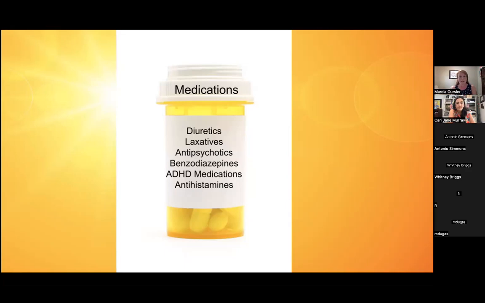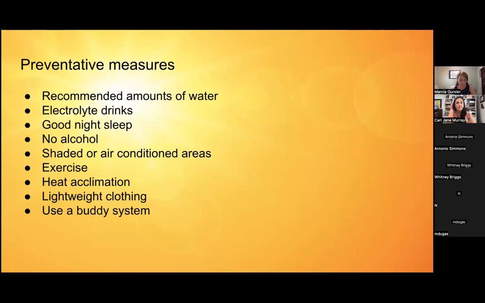Also antipsychotics like lithium, benzodiazepines like Xanax, ADHD medications, or antihistamines, cold medications, allergy medications. All of these medications put you at an increased risk of experiencing heat illness. So some preventive measures for reducing your risk for heat illness: just drink adequate amounts of water. It's recommended to consume about 1 cup, or 8 ounces, of water every 20 minutes, making sure